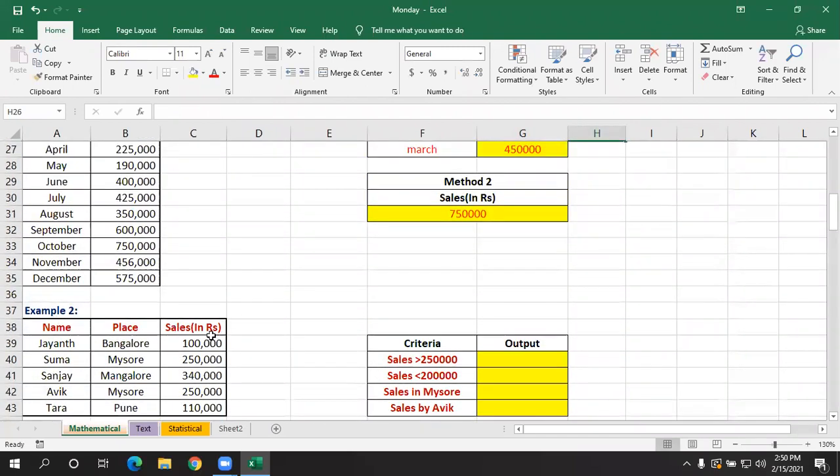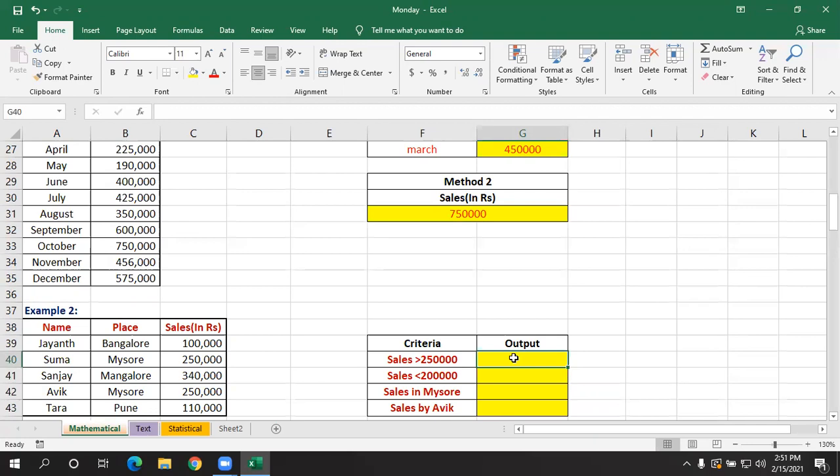Now again, example 2, I have a single condition only. So I'll be using SUMIF. No condition, what will you be using? Only SUM. If there is a single condition or a criteria, then you have to use SUMIF. Here I have given a criteria as a condition. Now I want to calculate the total only if sales is greater than 2,50,000. Again, I'm repeating, there is only one condition. It is based on sales.